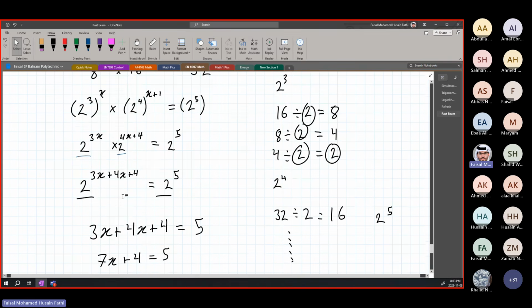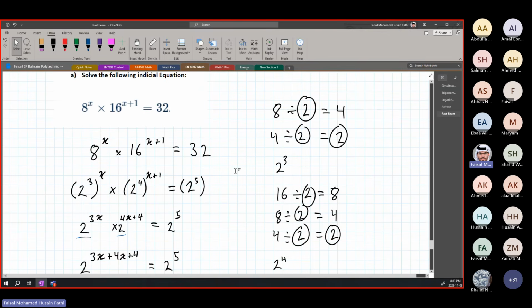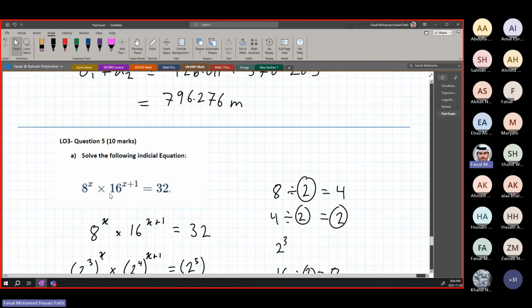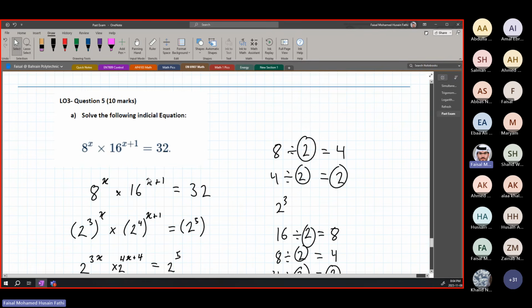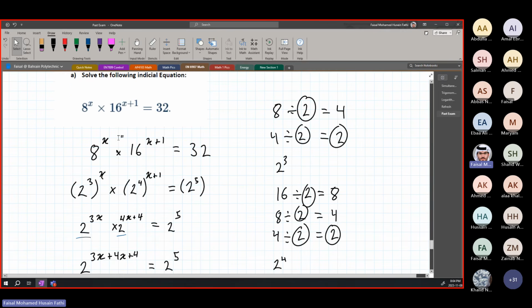In this case the bases were not similar. We had different bases. That's why we simplified it so that they can have the same base. In this case, they won't give you a question where you cannot find the base directly. In a different question, I think there is one that we will see soon, there will be different bases, and I will show you how. No issues. They will just give you a question where you need to know how to find the same base.